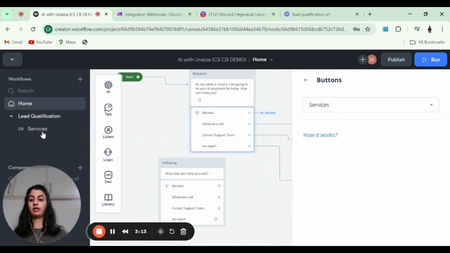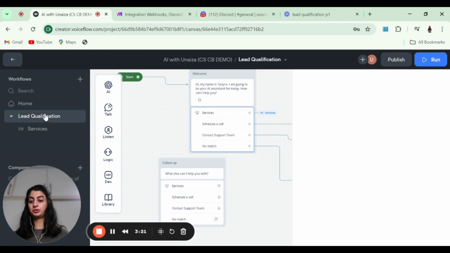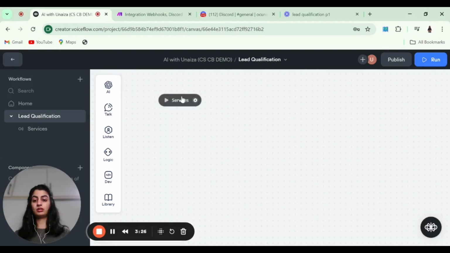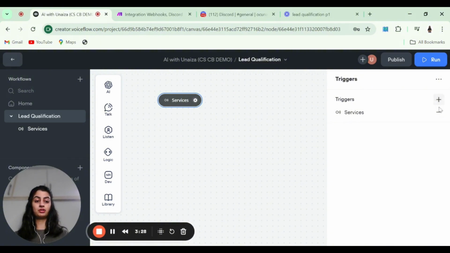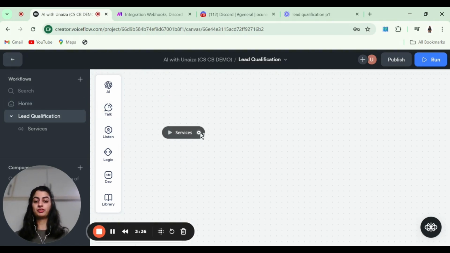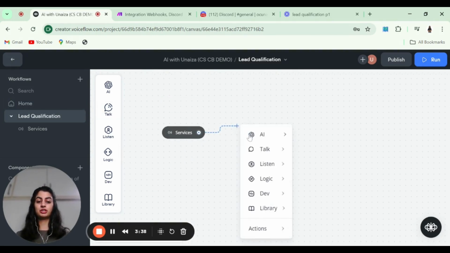So the reason why I already have services here is because I created this intent previously while I was building this chatbot for demo purposes, but I'll show you how to do that. So when we're here on the lead qualification workflow, when you tap here, you will basically be able to add a trigger that you can name according to whatever trigger you have, and then link it back to the initial flow. So the first thing we would want this chatbot to say is,